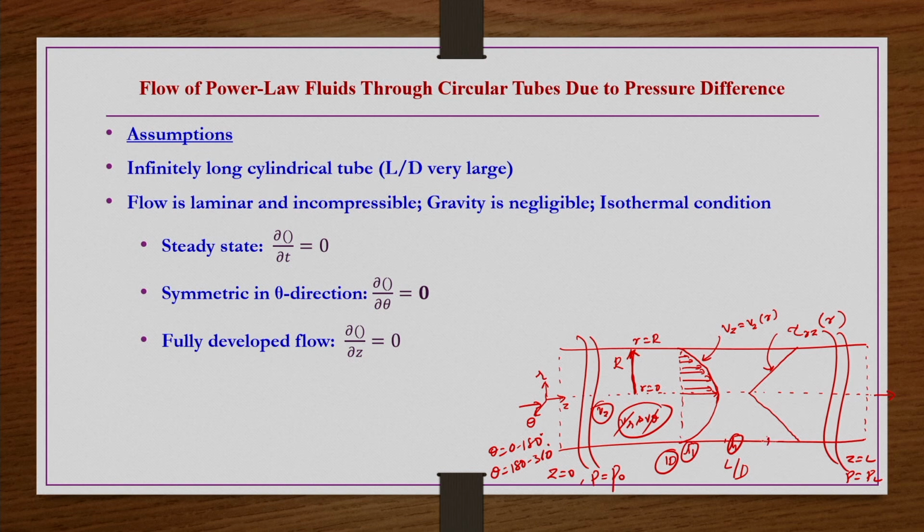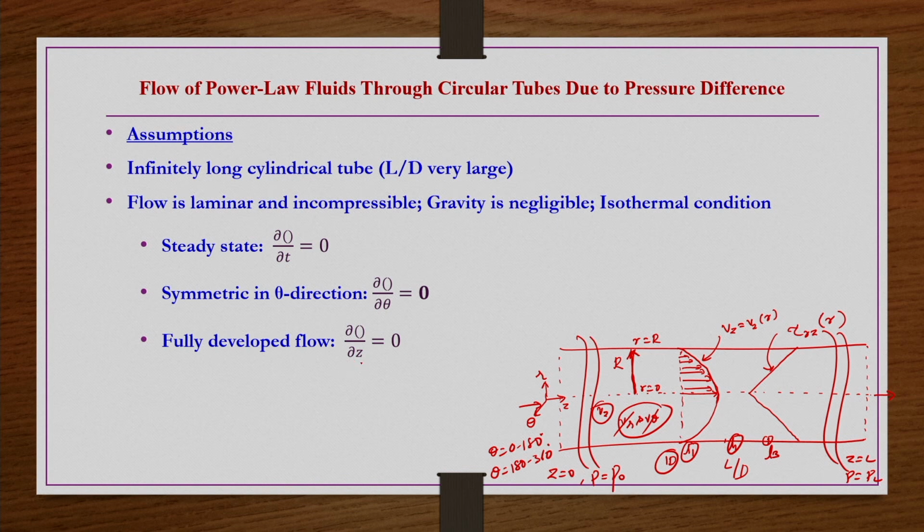And then let us say if you draw the velocity profile at another location L3, then at that position also the velocity profile would be exactly the same as at locations L1, L2. That means along the flow direction the velocity profile does not change. So, that is the reason, along the flow direction, which is z,